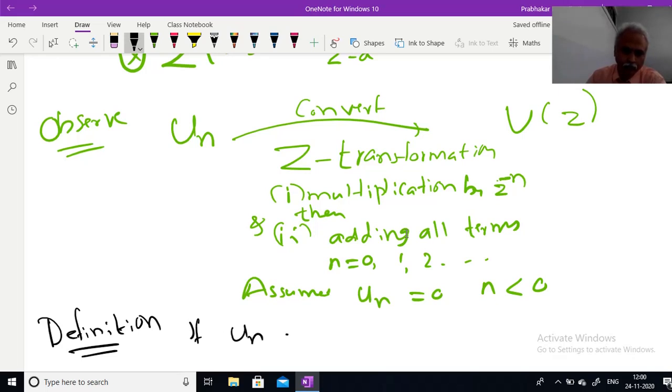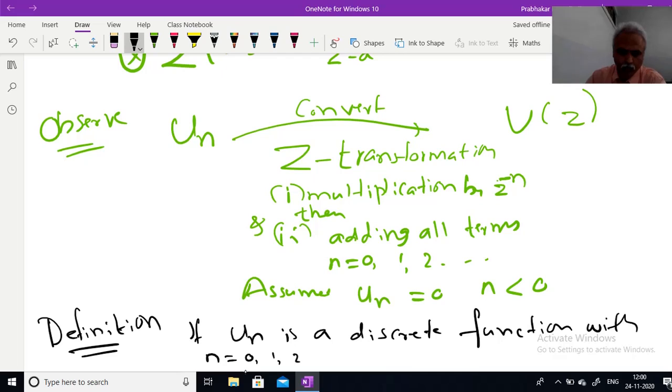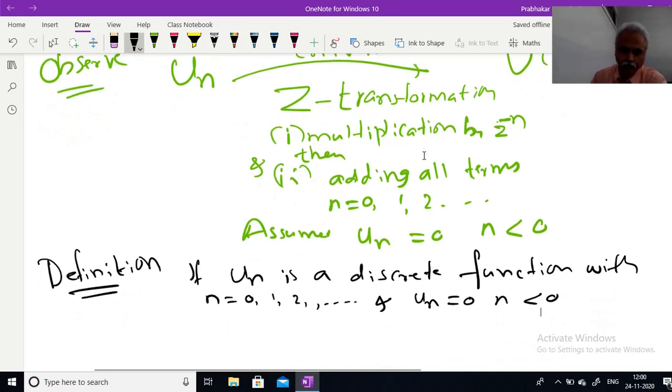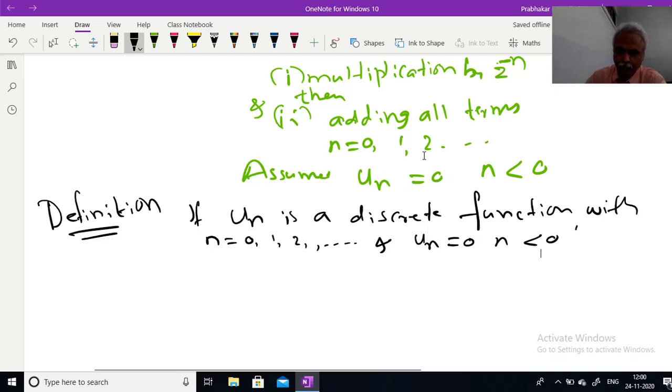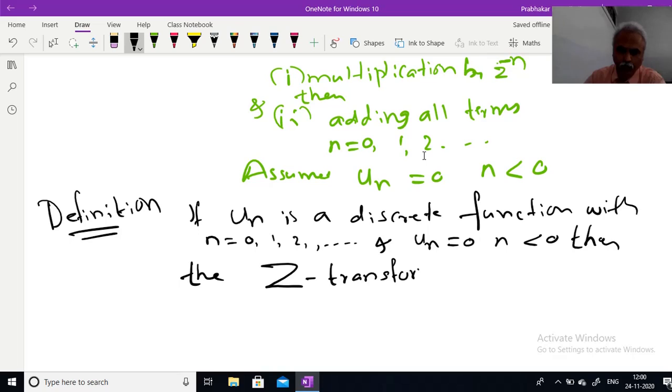If un is a discrete function with n equal to 0, 1, 2, 3 and so on, and assumption un equal to 0 for n less than 0, then the z transform, capital Z, of this un